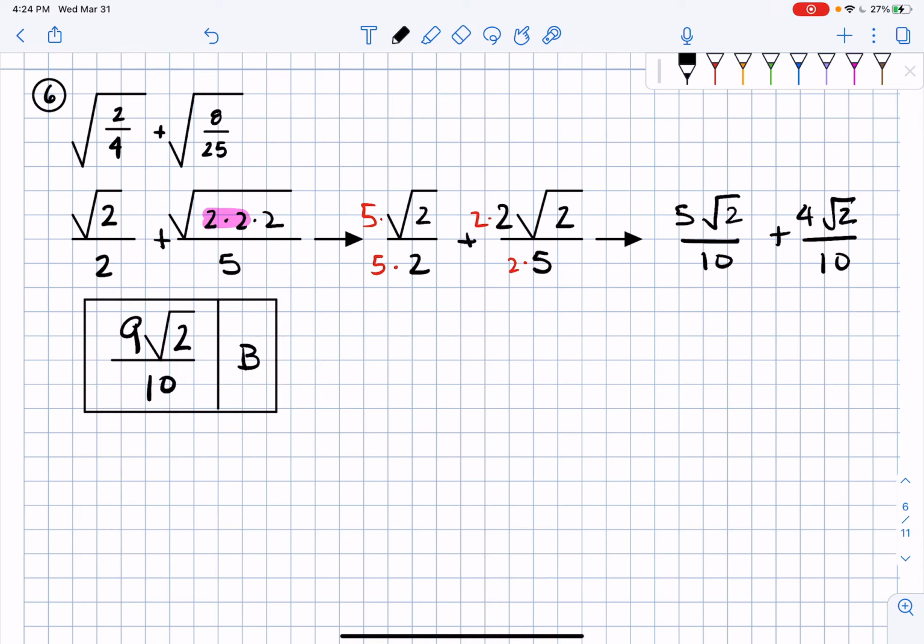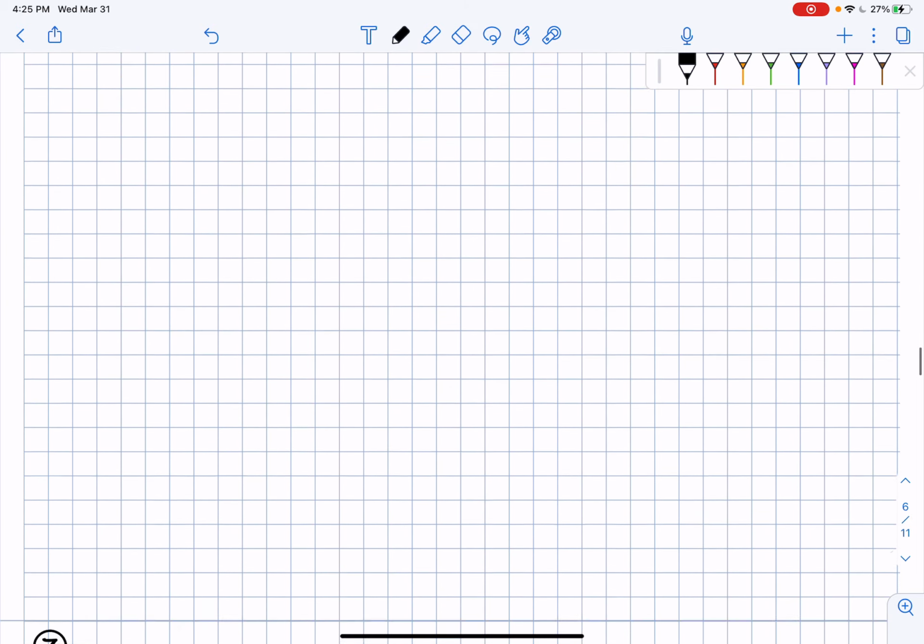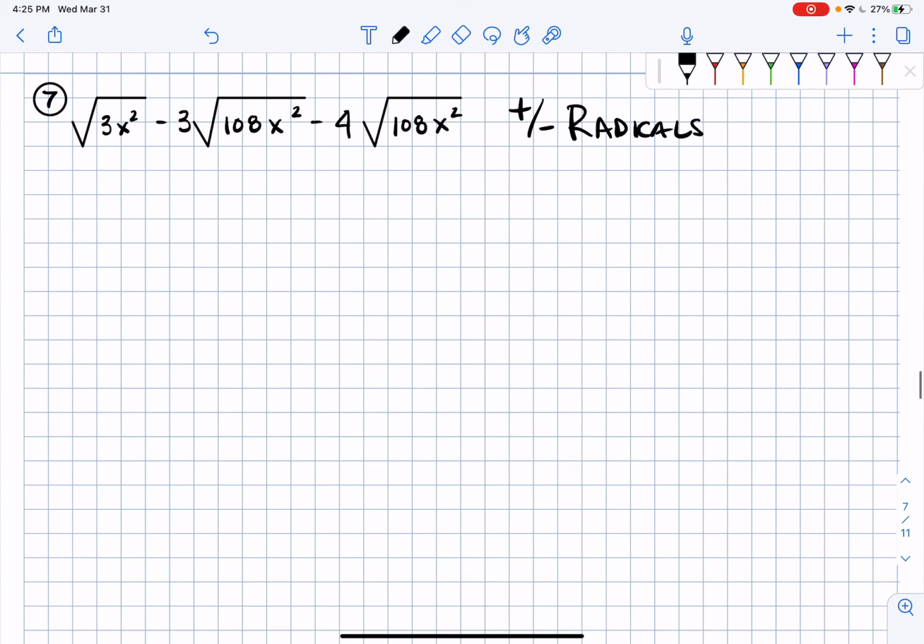All right, so that's number 6. On to number 7. So a couple of things you can do. I already see radicals, so for me, I would probably put them together right away. So I'm going to have